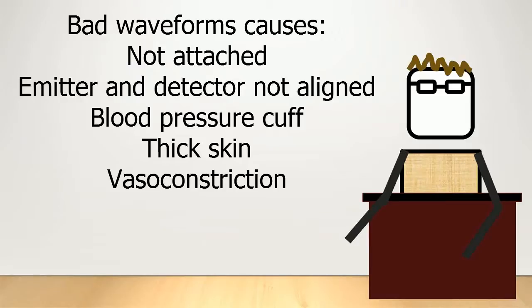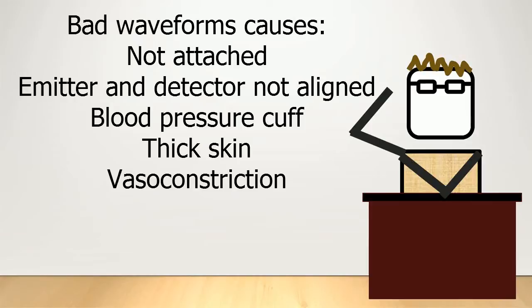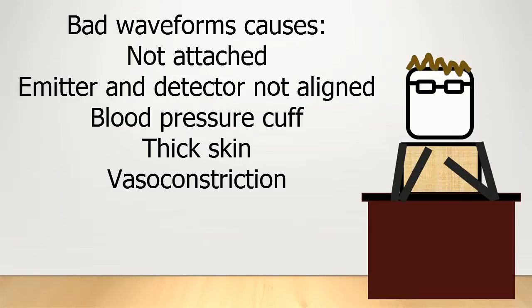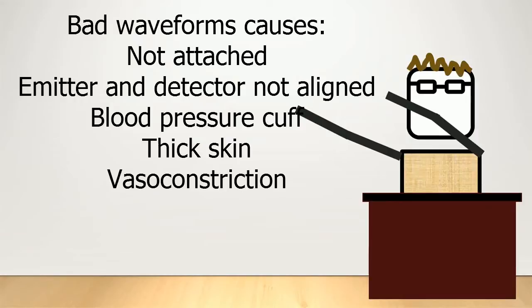you have to consider the possibility that your waveform is bad and the numbers that it is generating are not accurate. Poor placement can occur if it is not properly attached, and this by far is the most frequent cause. It is important that the emitter and the detector are lined up and facing each other in order to have a good signal. So if the patient's tissue is too thick, or if there's light pollution, you may have trouble